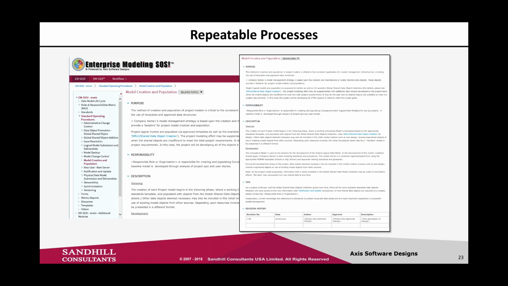But I did want to just point out that in the window on the right, there's a purpose, a responsibility, a description, but there's a couple of other sections in this template. We have a tips section. Mostly this is about Erwin functionality, things that we've learned about the tool that we've worked with that give you a heads up on possibly an easier way to do something about this procedure or whatever. That's hard-won information. It could also just be about the process itself, whatever.